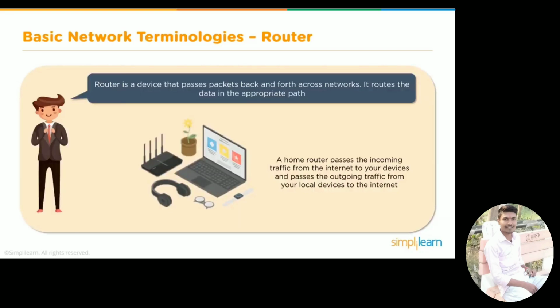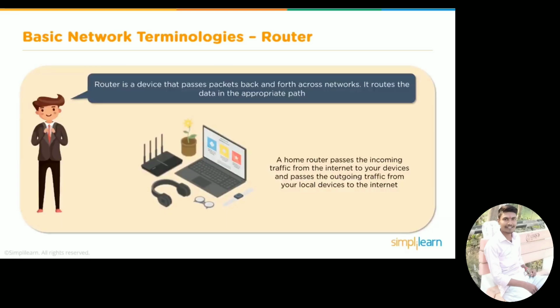For example, if I'm sitting in India and I want to communicate across the world to America, there would be a specific path that needs to be followed for my data packet to reach the other side of the world. It is the routers that would map this path, store it in their cache. So when I try to connect to that server, they would retrieve it from the cache and send the packet